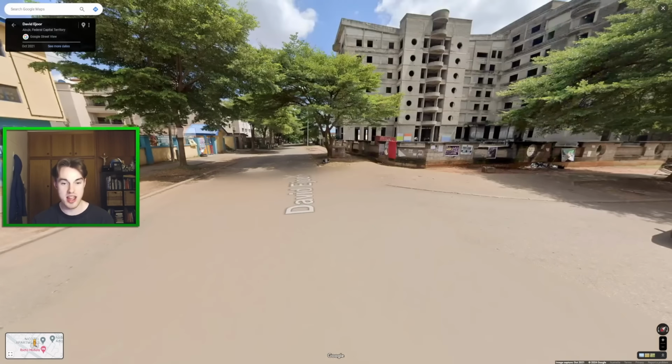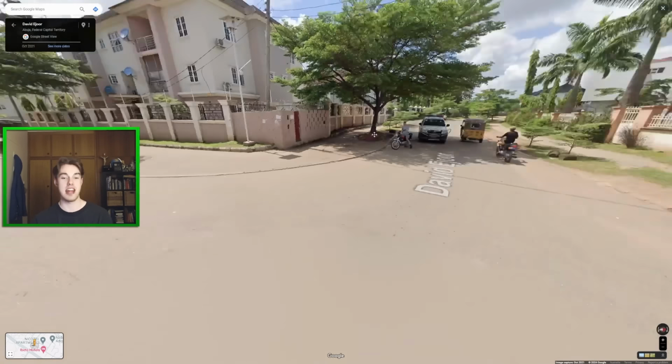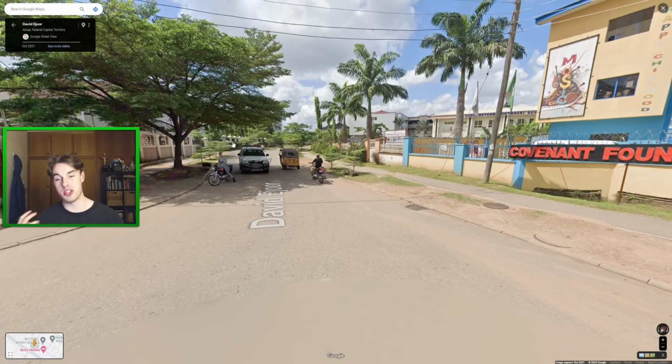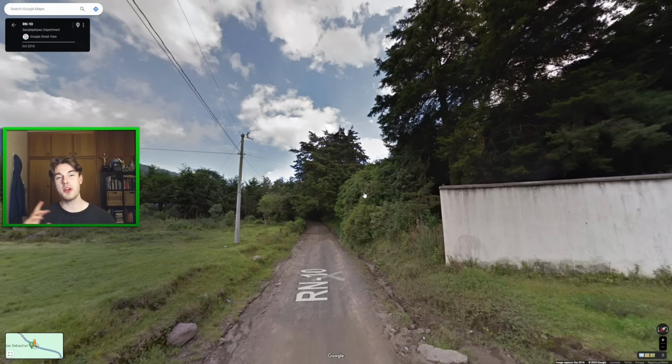So if you pan this way to the front of the car, you're not going to see it. However, behind, you will see the Toyota Hilux. It's super useful stuff, and honestly, if you're considering Nigeria, look for the police car, because most times you will see it. Next one here is Guatemala, another country where the coverage is stuck back in 2016, or in that kind of earlier Generation 3 camera era,